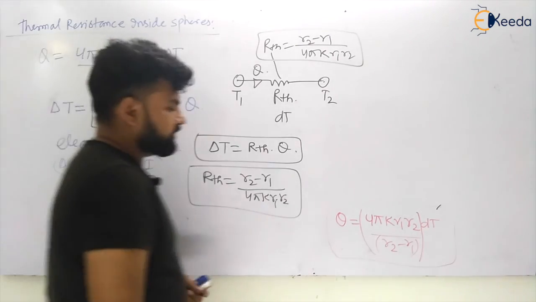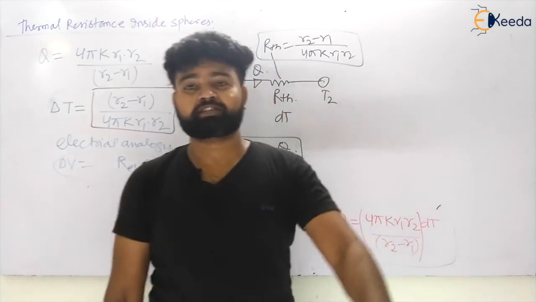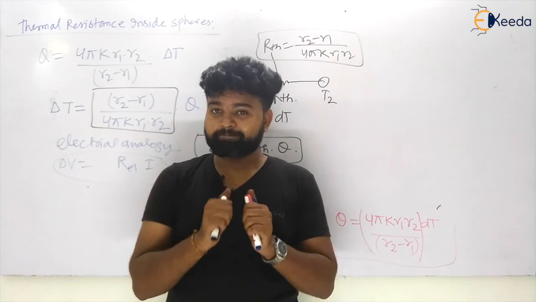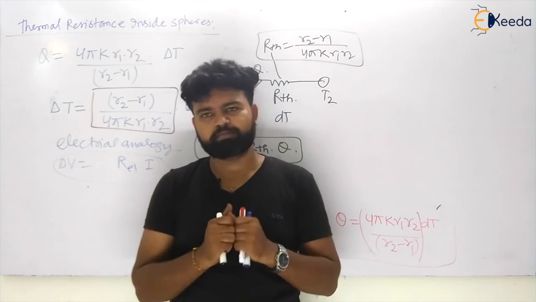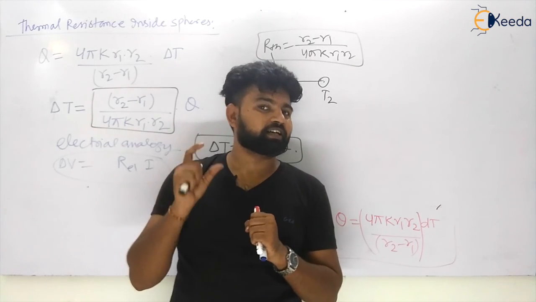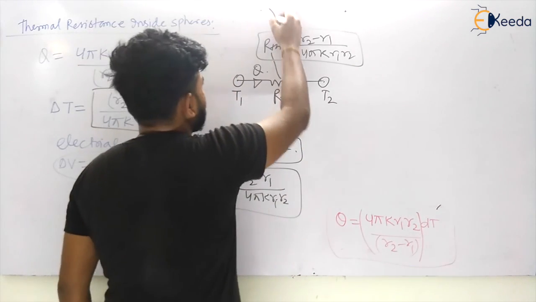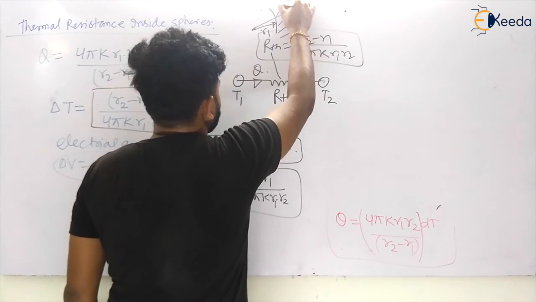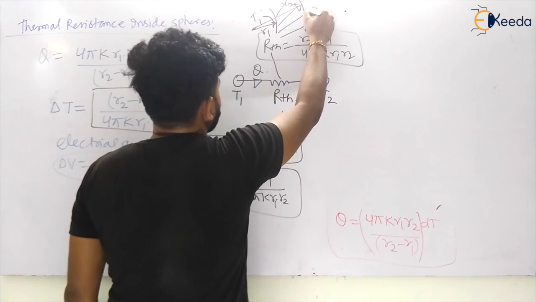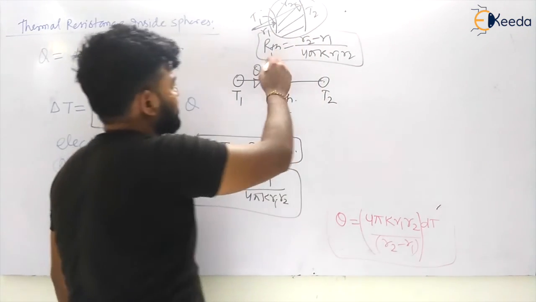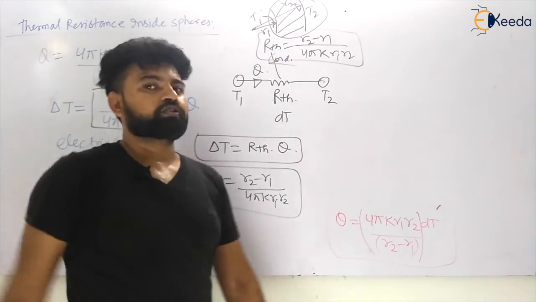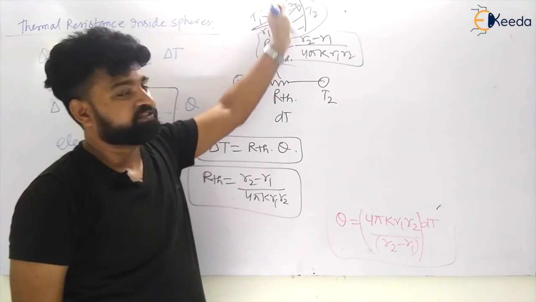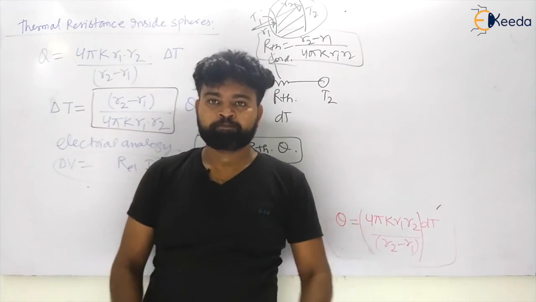So we have seen all the things in this sphere now. Hope the concepts are crystal clear right now, and we will be solving a good number of questions on this. If you solve the questions, more concepts and fundamentals will be clear. Only we have taken single conduction: if there is R1 and R2 at temperatures T1 and T2, only conduction. That is the conduction resistance we have calculated. We will also see convection inside and outside the sphere. We will see the composite sphere, with multiple layers of material on the sphere.